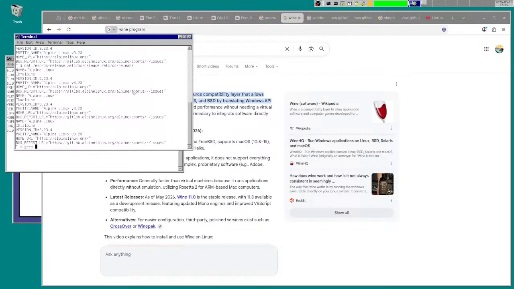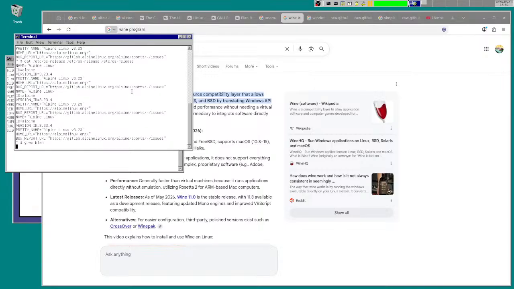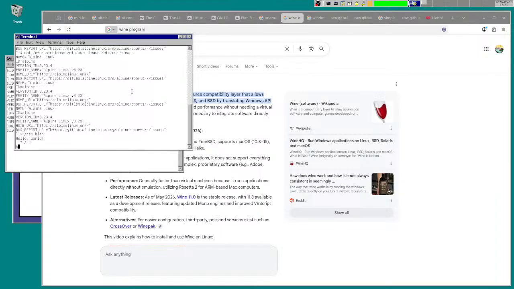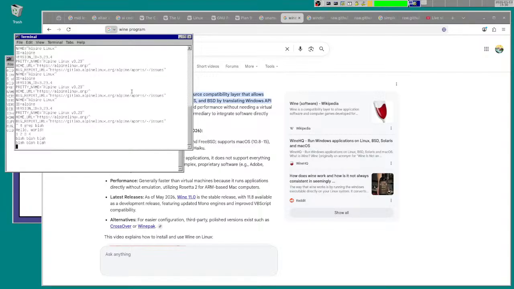So if I grep blah, then now if I say hello world, it says nothing. If I say 1, 2, 3, 4, it says nothing. But if I say blah blah blah, then it's found blah, and it does put that to standard output.